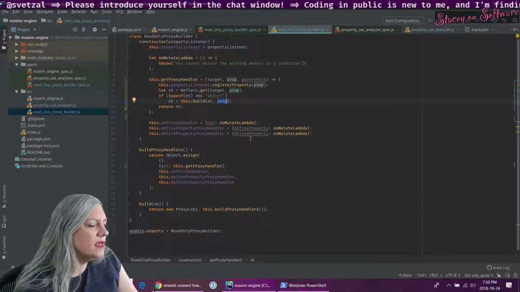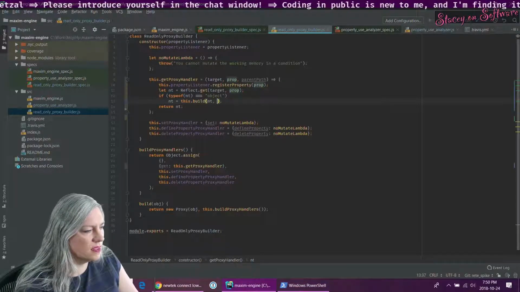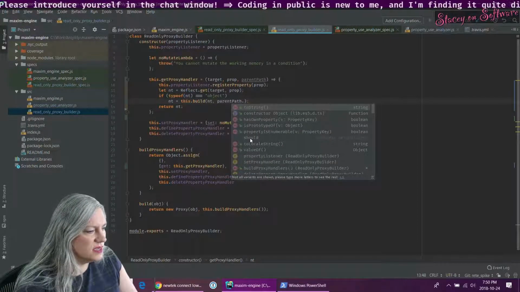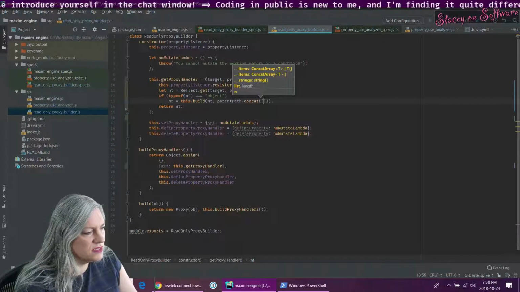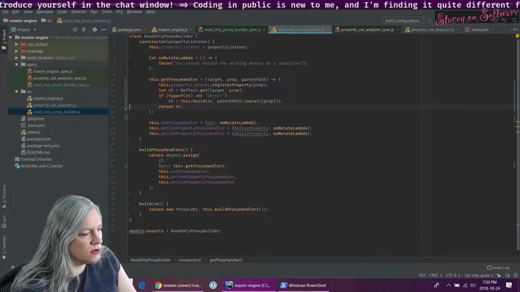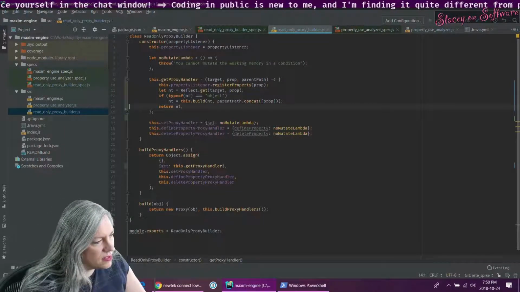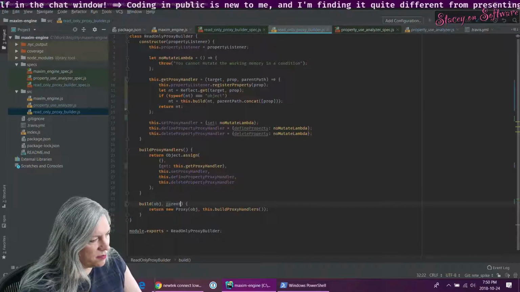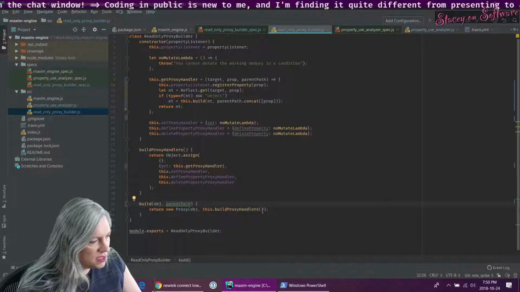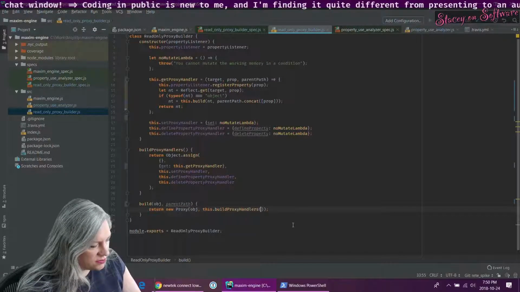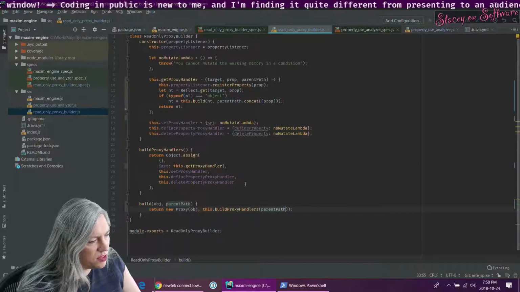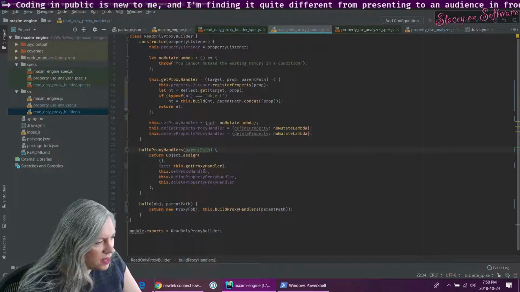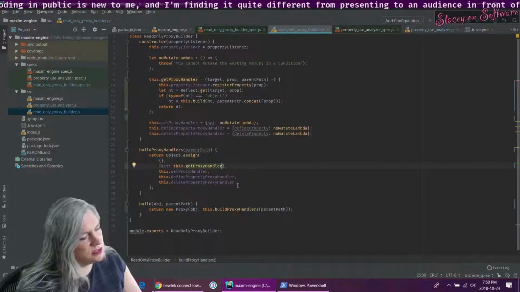Yeah, okay. So this is going to be the parent path concatenated with the property we are currently processing. So the second argument to build is going to be the parent path, right? And then I'm going to want to build proxy handlers, maybe with a parent path,